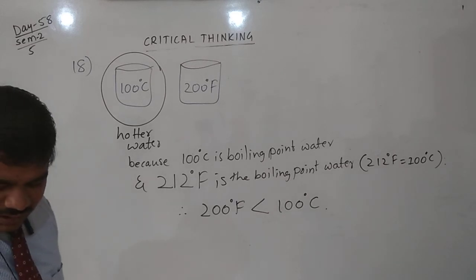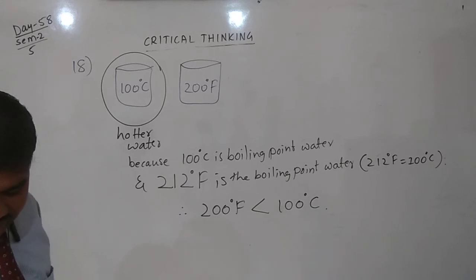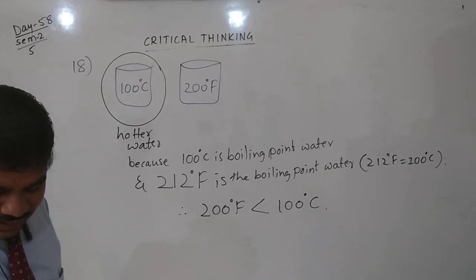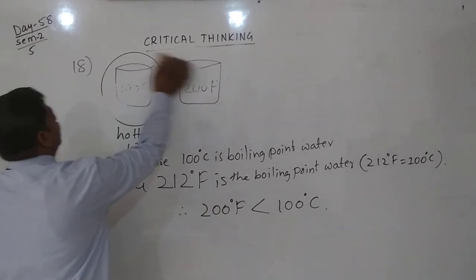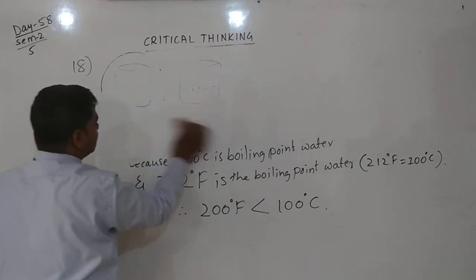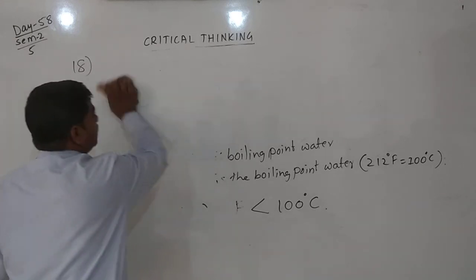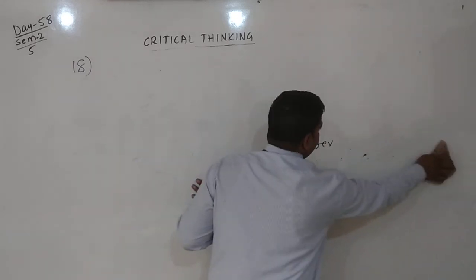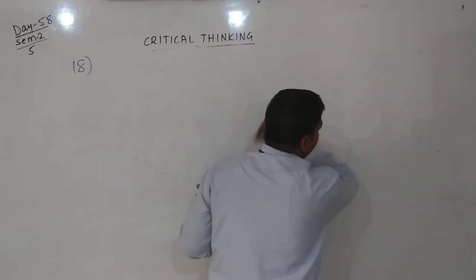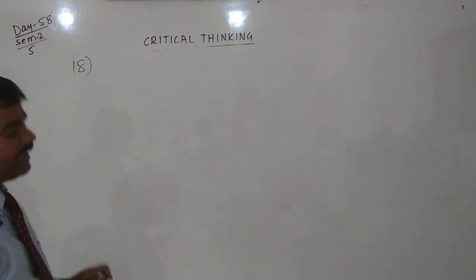Using a graph paper, draw as many rectangles as you can, such that each has an area of 24 square centimeter. Explain the pattern you notice. Yes, after this we can draw rectangles. Use the graph paper. A graph paper consists of square boxes, square lines. By that we can draw rectangles having 24 square centimeter area.